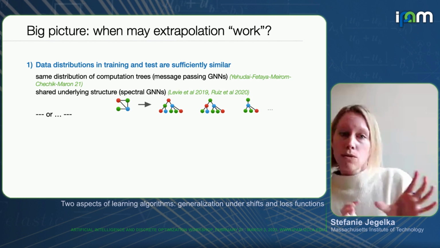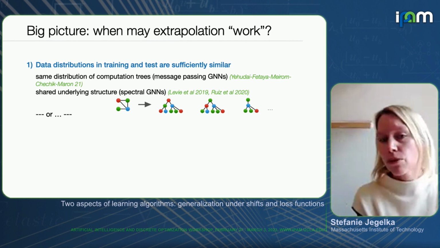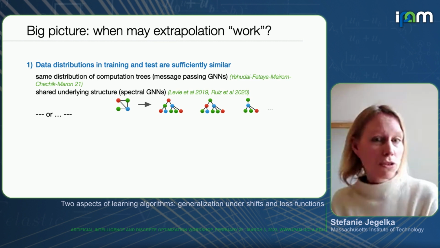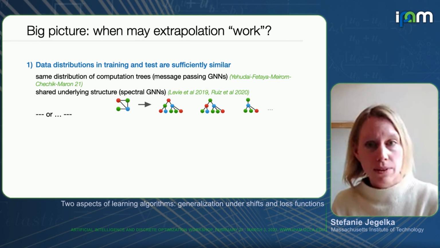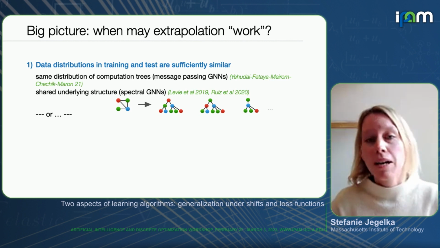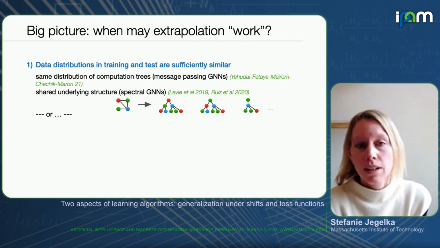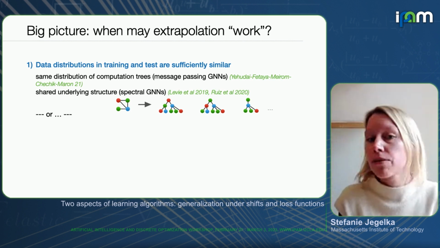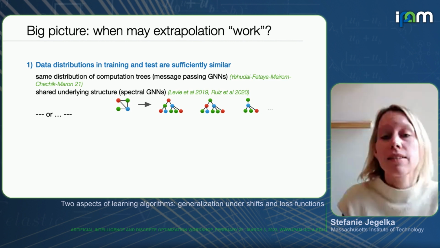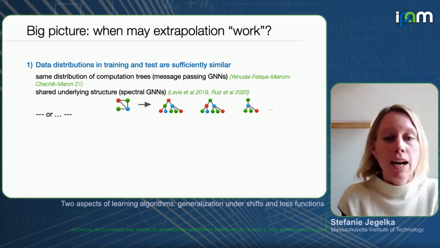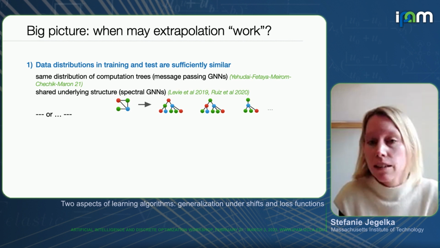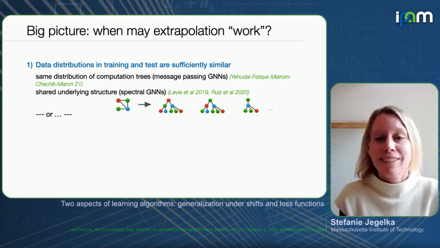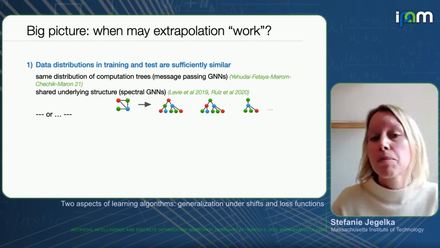So there's basically two ways in which this can work. The first one, and there's a few works on this, is that the data distribution in training and the distribution shift don't actually look that different. I said we have a shift, so they are different, but to the neural network, they don't look different. And why is that? Well, because my graph neural network looks at the graphs in a specific way. As I said, it essentially sees the graph as a collection of trees. Now, if the distribution of these trees in their structure looks the same for the small graph and the large graph, well, then the model sees essentially the same kind of data. So to the model, this looks the same.